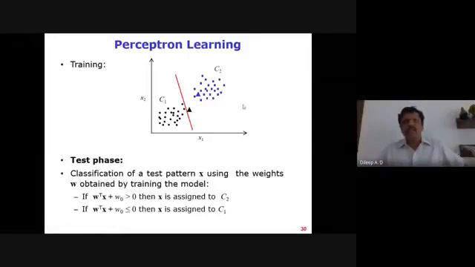Basically, what we are trying to see here is that perceptron learning tries to learn a discriminant function just to separate the regions of the classes, but it doesn't guarantee that the line separating them is optimal. It doesn't guarantee the optimal separating hyperplane. So that is the important drawback here. Hope you are all understanding what I'm trying to say.